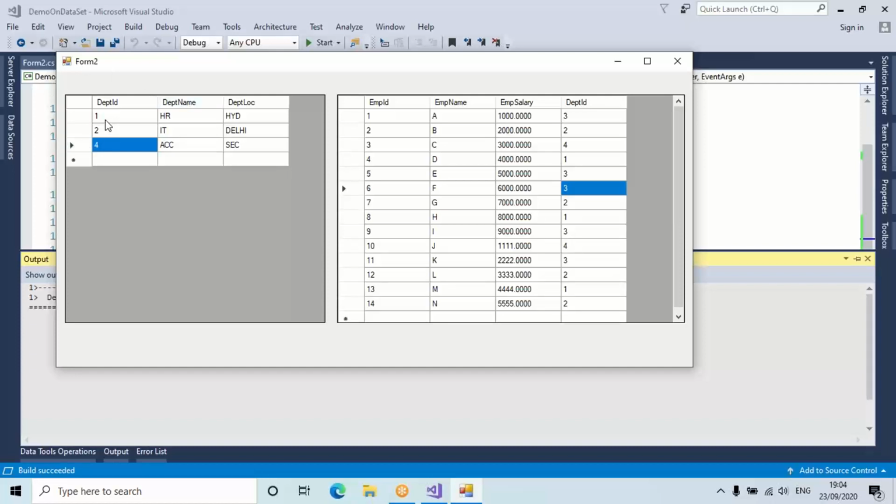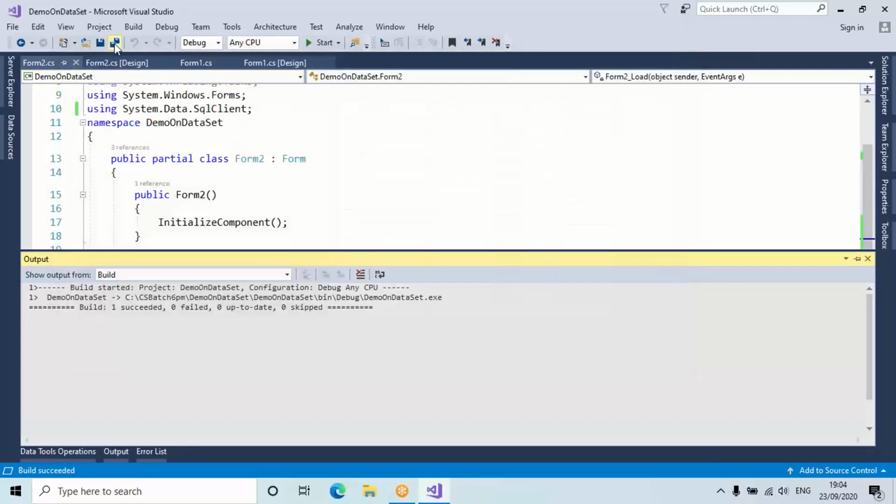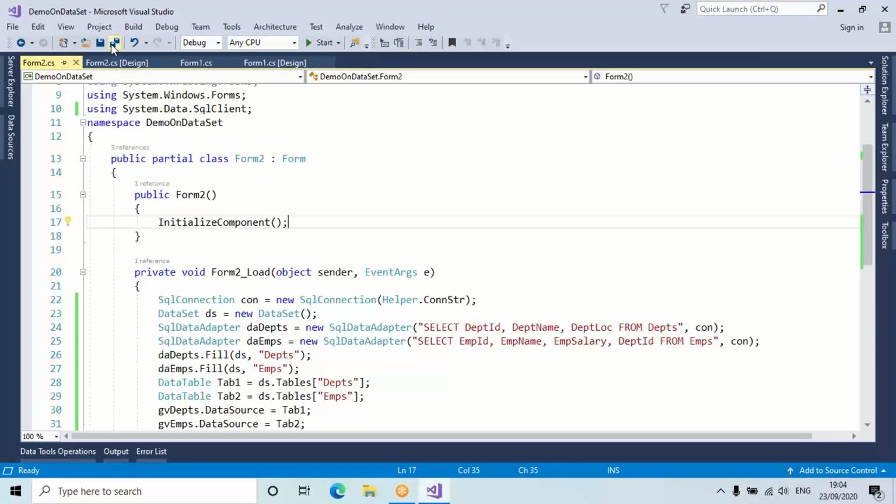But currently it is not happening. Okay, change the number then. Department ID 1 is there, no? I'll say 1111. Nothing will happen here because we have not yet created relationship between tables. That's the reason we are not getting. Simple. Best. So tomorrow's class we'll discuss about how to create relationship, and even we are going to discuss about